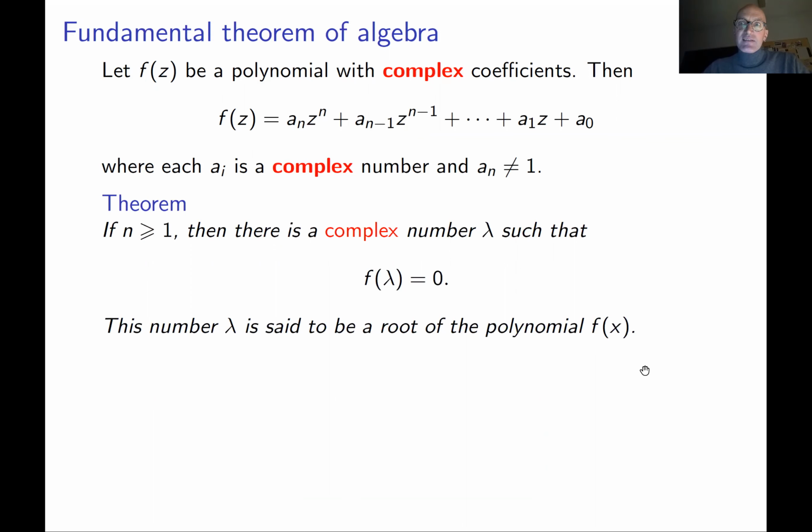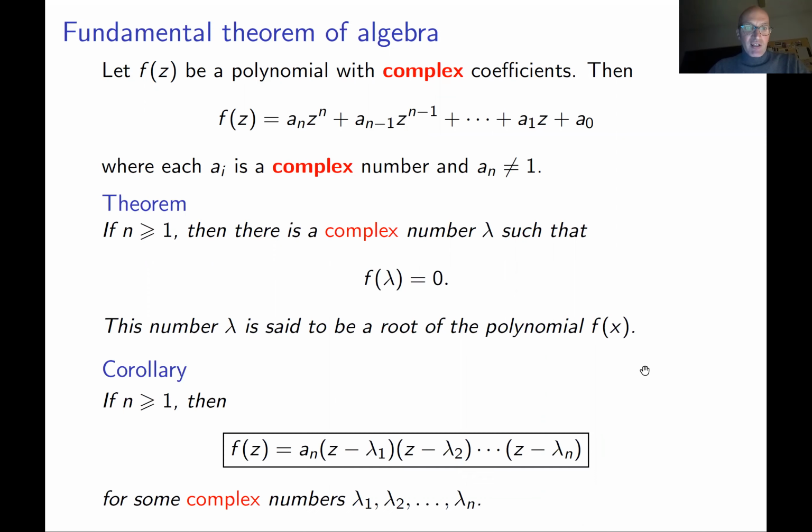We basically can use this property to derive the following corollary with some additional technique. This corollary says that if you have any polynomial with complex coefficients, this polynomial can be factorized as a product of polynomials of degree 1. Of course, here the polynomial should be of positive degree. Note that this corollary implies the theorem on this slide. This corollary implies the fundamental theorem of algebra, because if you take a polynomial f and you factorize it like this, then of course it has a root. It has lambda 1, lambda 2, lambda n. It actually tells you more. It has n roots.